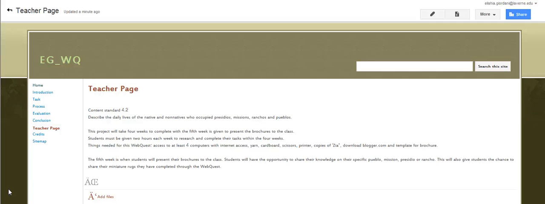In this particular web quest, they need at least access to 4 computers with internet. They're going to need yarn and cardboard for their weaving project, along with scissors. They also need a printer and copies of Zia for the book portion. They're also going to need to download blogger.com and have a template for a brochure, which I used